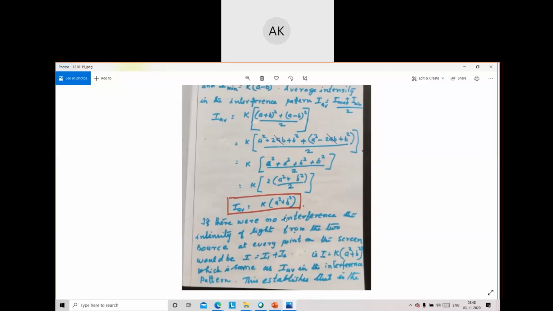And if the interference is not taking place, what will be the average intensity? Let us see. If there were no interference, the intensity of light from the two sources at every point on the screen would